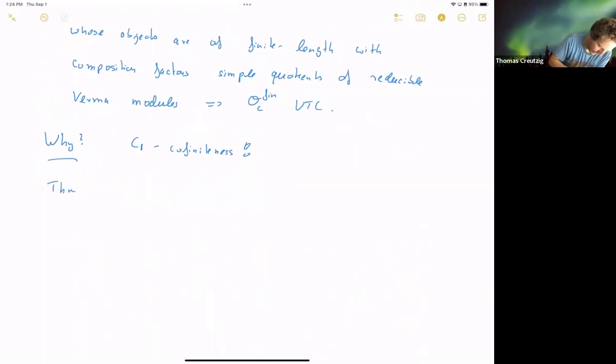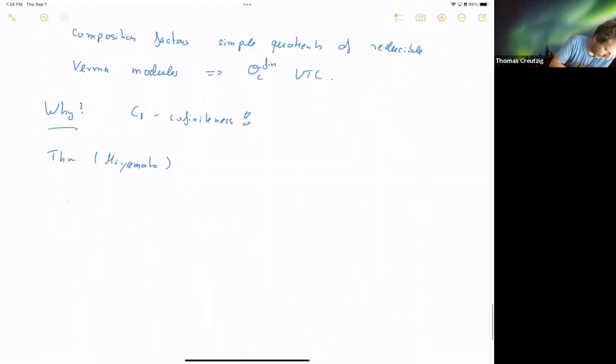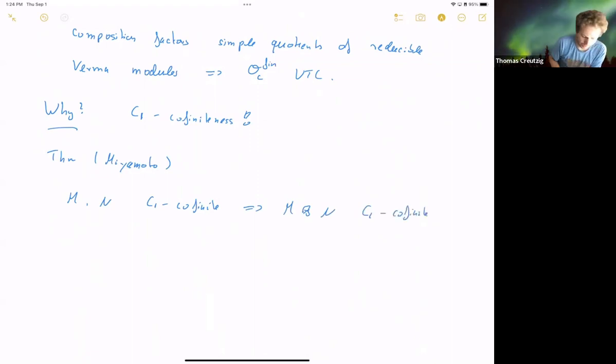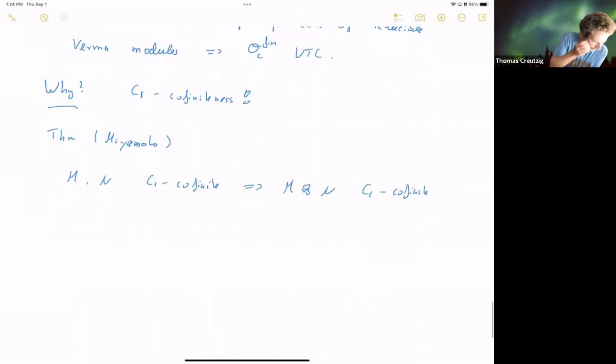the reason is that there's a really nice result by Miyamoto. And he proved the nice statement: if we have two C1 cofinite modules, then it follows that their tensor product is also C1 cofinite. Meaning, if you have an intertwining operator of type M, N to something else, say R, and M and N are C1 cofinite, then R must be C1 cofinite as well. I mean, if you have a surjective intertwining operator. Okay. So, and now